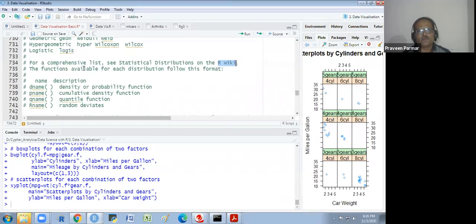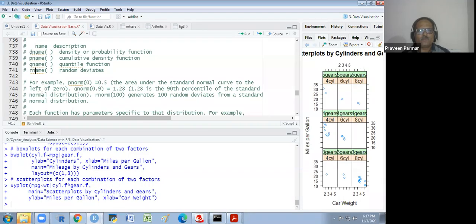The functions available for each distribution follow this format: d name, p name, q name, and r name. The r is small here, sorry. So dname is the density or probability function, pname is the cumulative distribution function, qname is the quantile function, and rname is for random deviates.